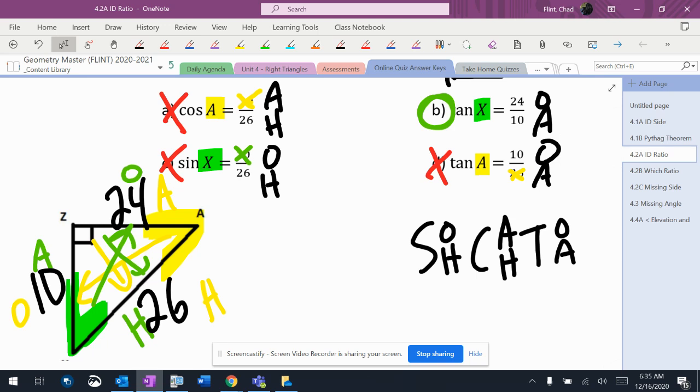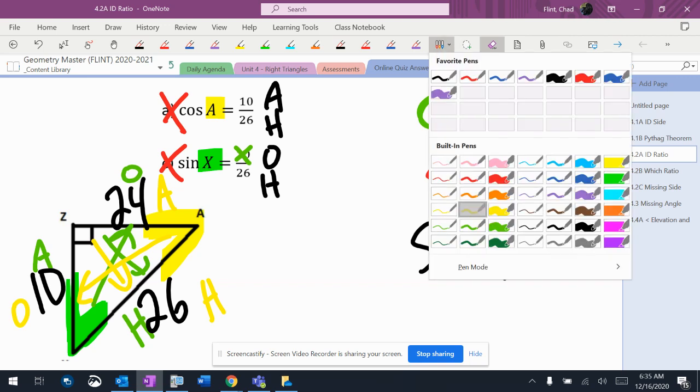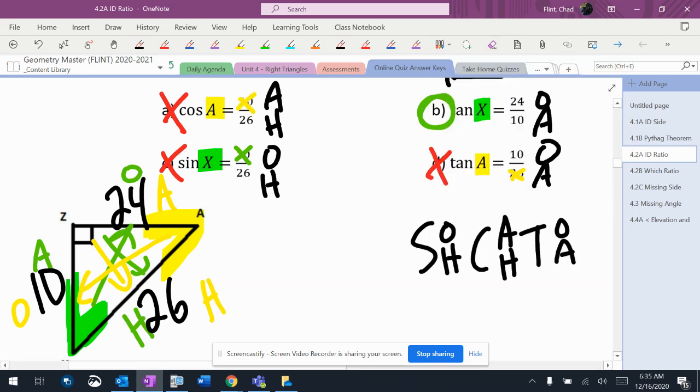For angle A, the adjacent to A was not 10. Right? The adjacent to A was not 10. So that's why that one is not the answer. For sine of X, the opposite was not 10. So that's why C is not the answer. And for D, the adjacent for A was not 26. All right? So make sure you read the question correctly or you wind up doing something like